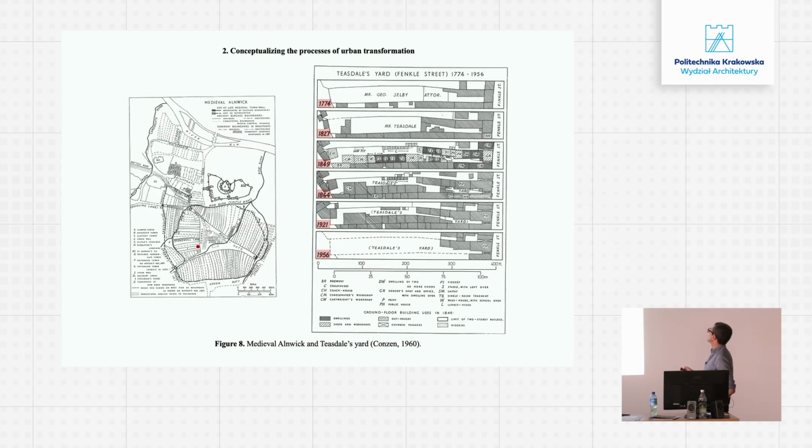Okay. So we can see that the main building of the plot is here, facing this Fenkel Street. In the first two periods, we can just identify some extensions in the main building, so nothing particularly important. But when it comes to the mid 19th century, we can see that the whole back of the plot was filled with these small houses